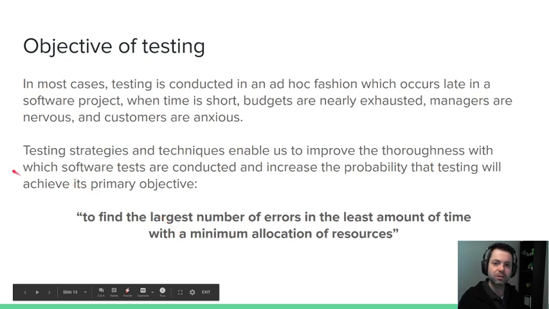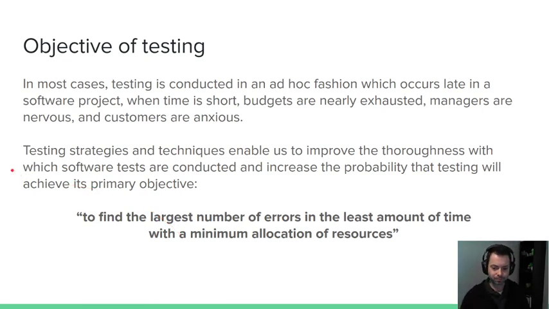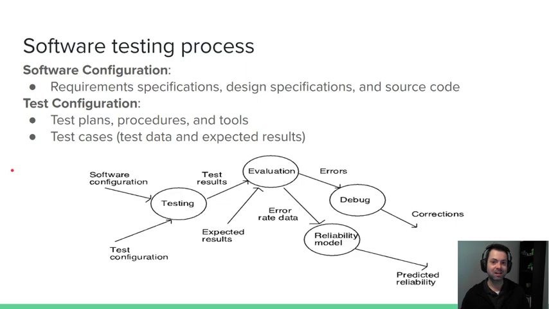So what we're going to have to do is be smart about how we test things. All right, so how can you find the largest number of errors or bugs or problems, or maybe they're not even bugs, maybe they're performance issues. But how do you find those with the least amount of time and the least amount of resources? So again, software engineering. If you take anything away from this class, the keyword will be trade-offs. What is the trade-off that we have to make in testing to have it be useful, but still attainable and achievable? So with testing,